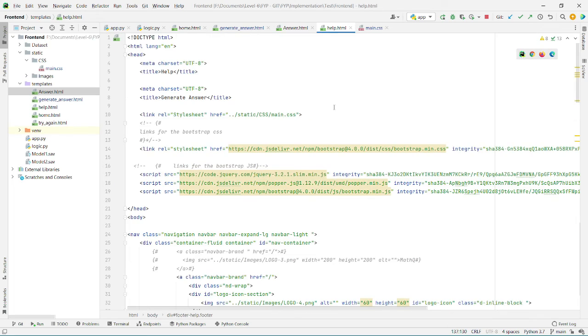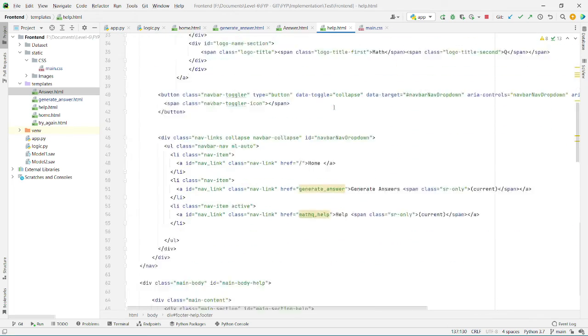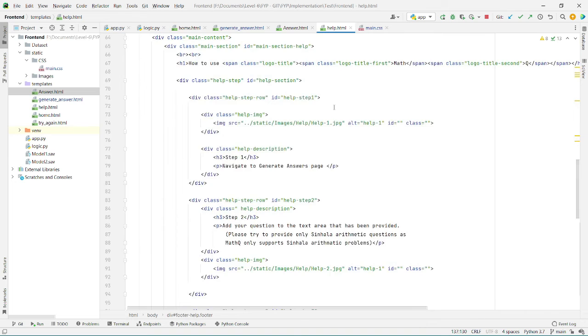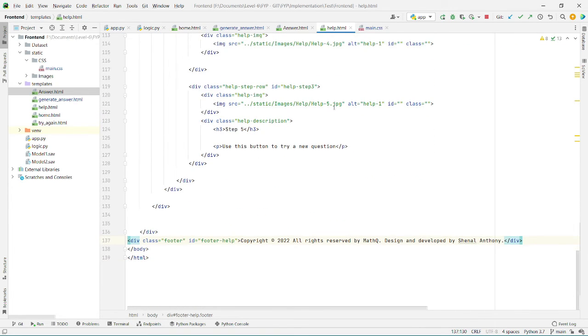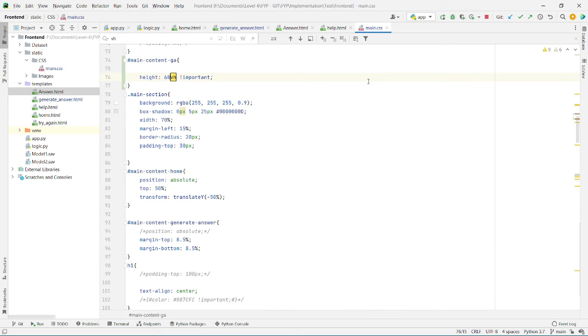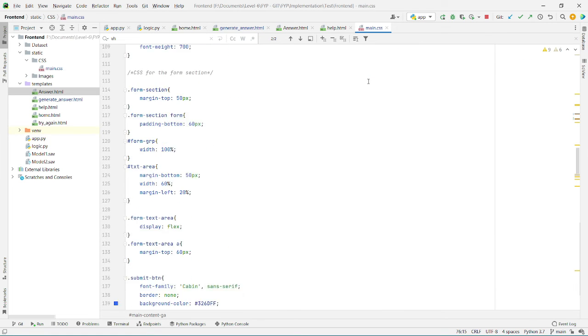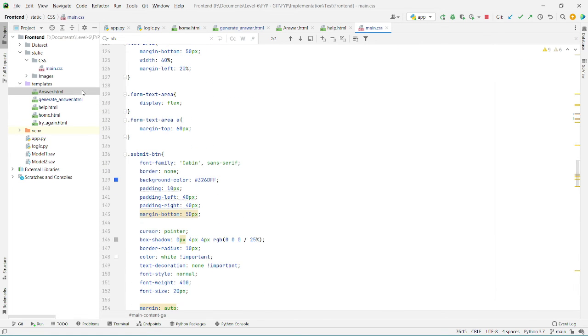And this is the HTML page for the help page, and this is the CSS. And on the left, you can see the document structure.